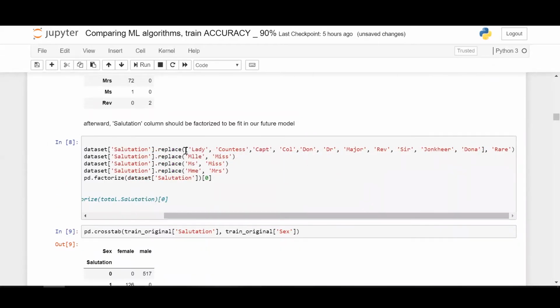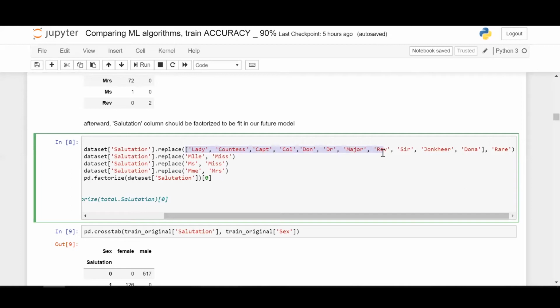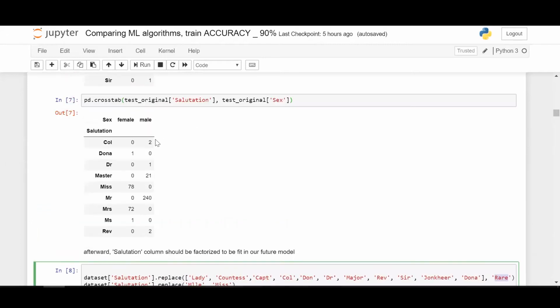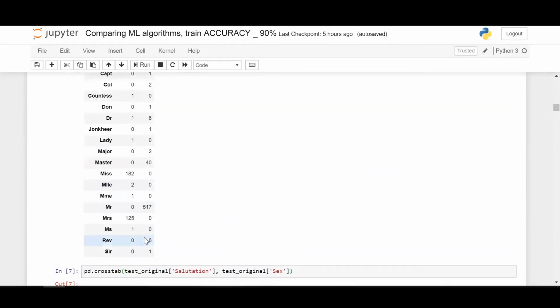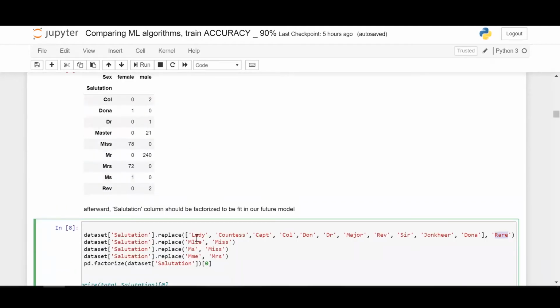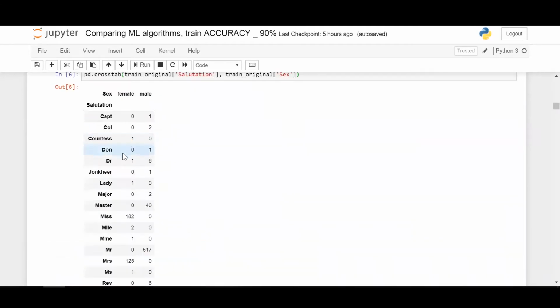For example, there are many salutations like lady, countess, captain, doctor, donna, and all, which can be put into one single salutation class for the convenience in machine learning model training and predictions. So just put as rare, because there aren't many people under this salutation. If you look at this, the reverend has two, and then we have sir as one, lady as one, and countess is one.